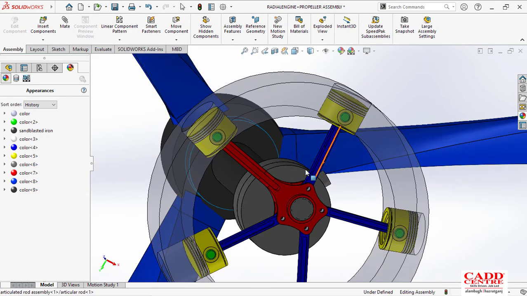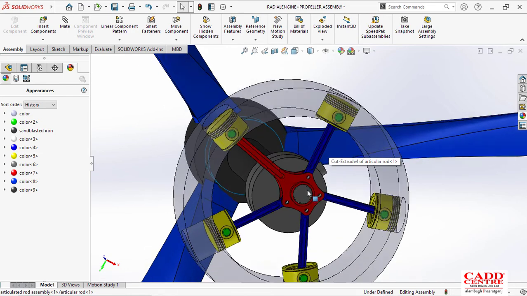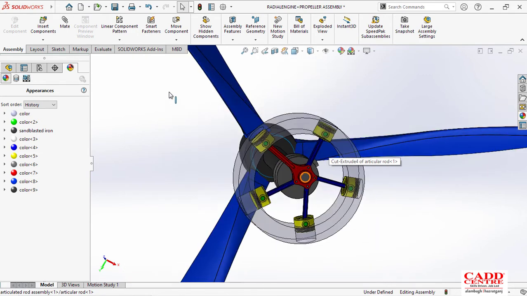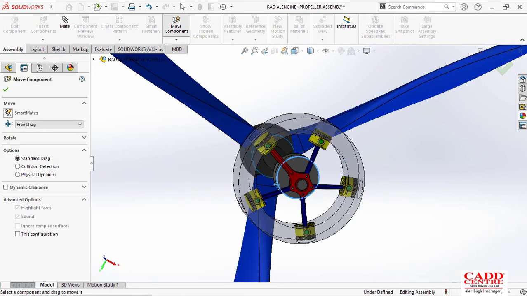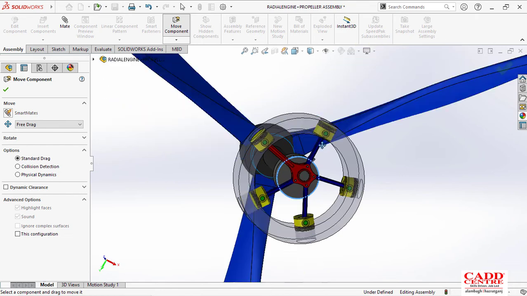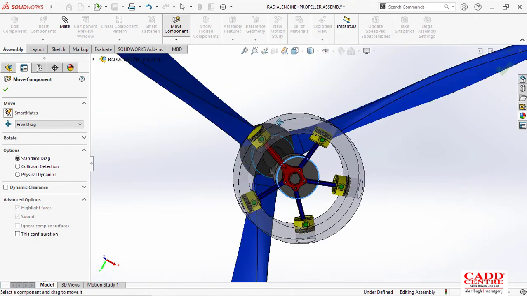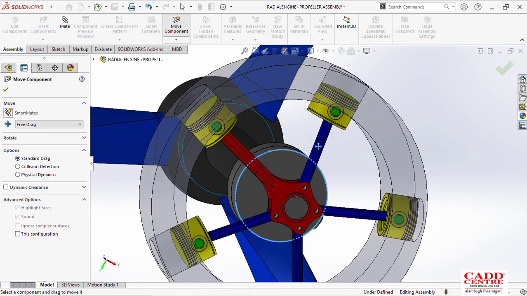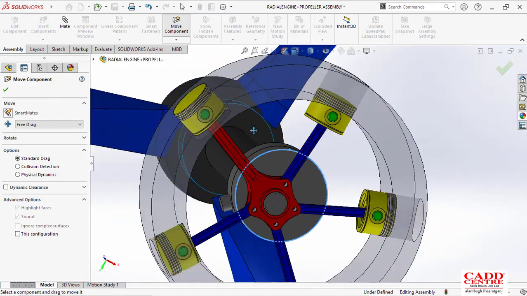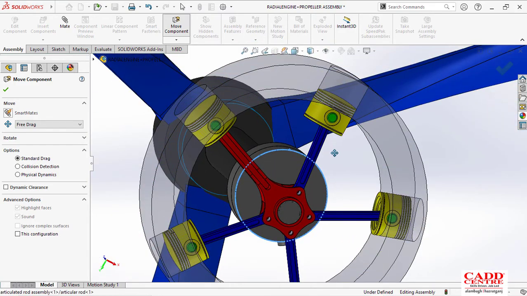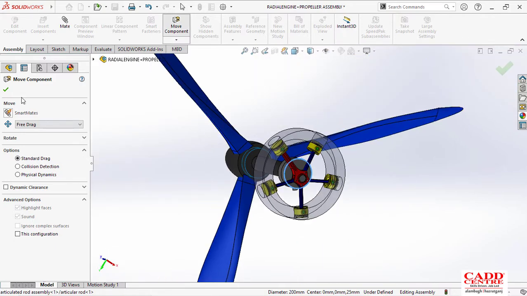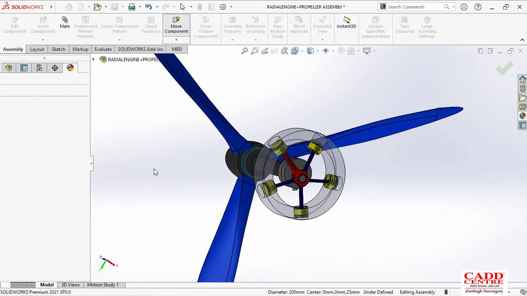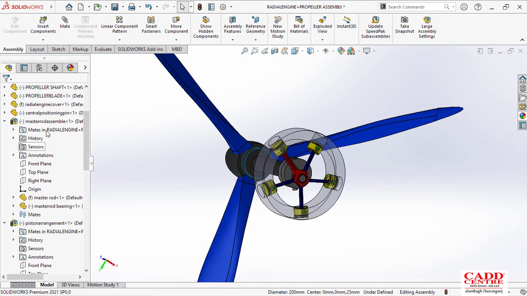This articulated rod belongs to the master rod. Master rod means it is responsible for all the movement of this radial engine. As you can see, only the master rod controls the main piston, and the others are just followers. These articulated rods are just followers which follow the master rod. So now we are making this articulated rod. If you want a clearer visualization of how it looks, let me show you.